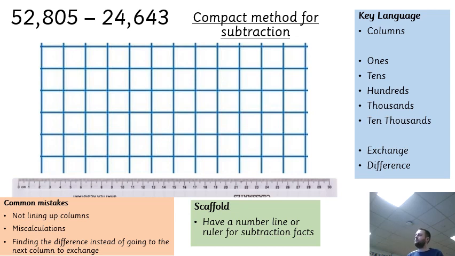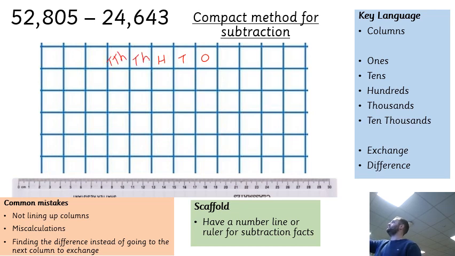Okay, so I'm going to go through the compound method for subtraction now, and we are going to subtract 52,805 take away 24,643. So the first thing to think about when we're doing this method is to make sure the columns are all nicely lined up. And again, like I did with addition, I'm going to help myself out by labelling my columns